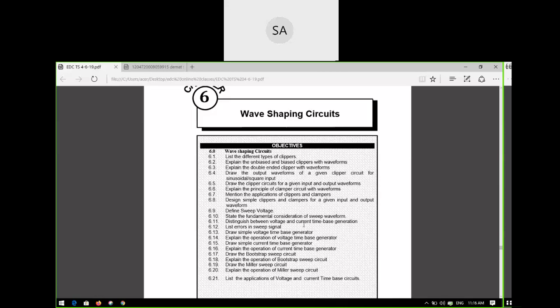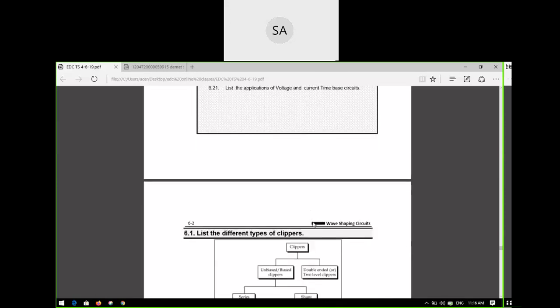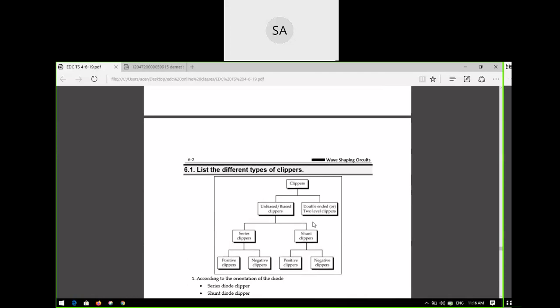The sweep generators are particular waveform generators which generate sweep waveforms or sawtooth waveforms. A sawtooth waveform looks like a triangular waveform. So we will see all these types of wave shaping circuits in this chapter. Particularly, if you see now,